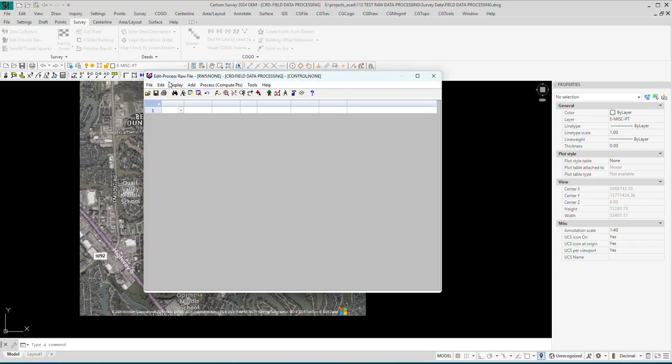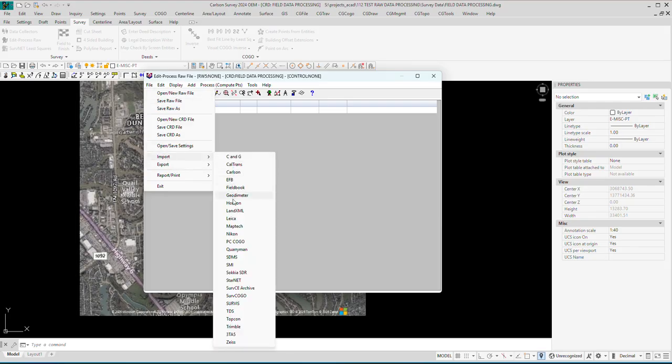When we get to this screen, we need to open up our particular field data file. And at this point, you should have already saved your field data file to the survey folder and given it a unique name so you can preserve your original data file in case you have to restart or redo this, which there's a good chance you may. So we're going to import